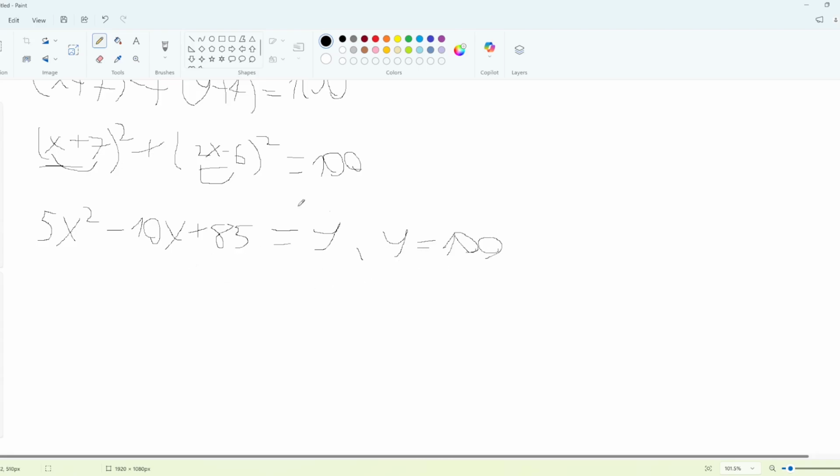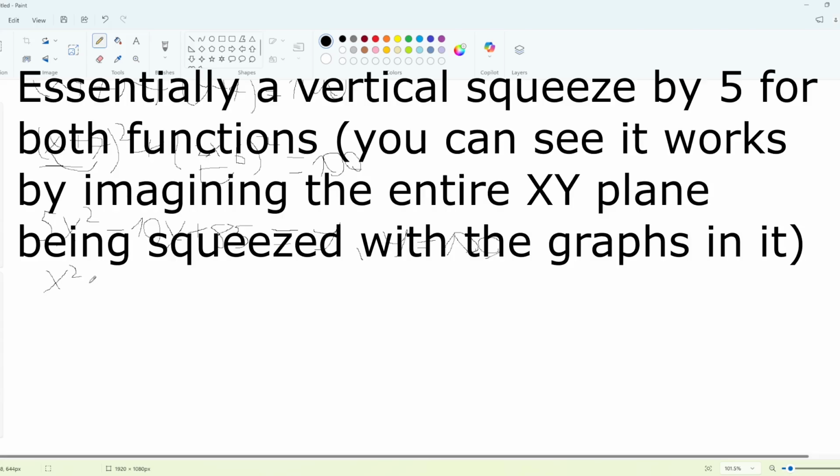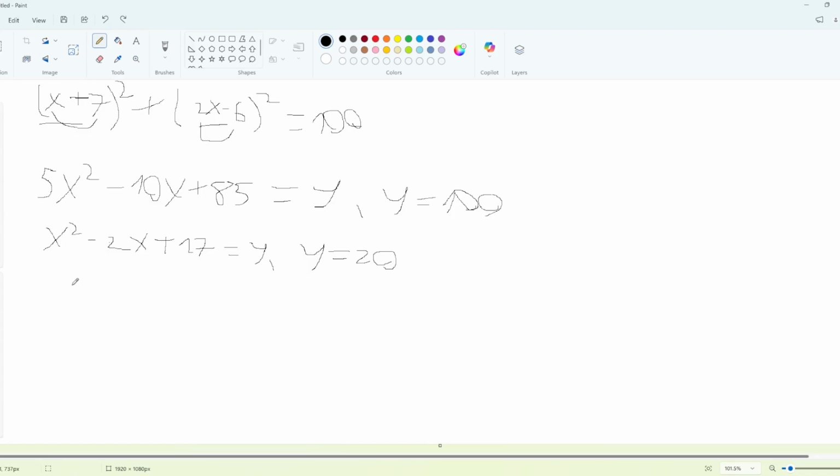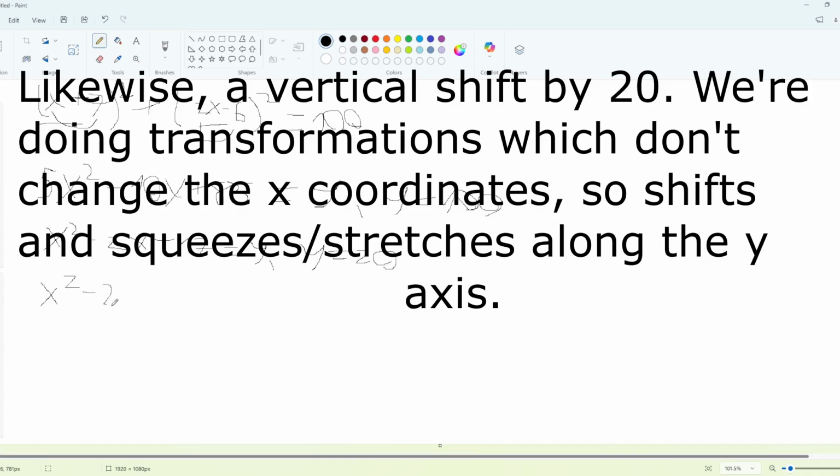5x squared minus 10x plus 85 equals y, where y equals 100. Okay, and I can simplify it even further. I can divide by 5. I'm going to get x squared minus 2x plus 17 equals y, but with y being 20. And the last step is taking 20 away from both sides, right? I have x squared minus 2x,